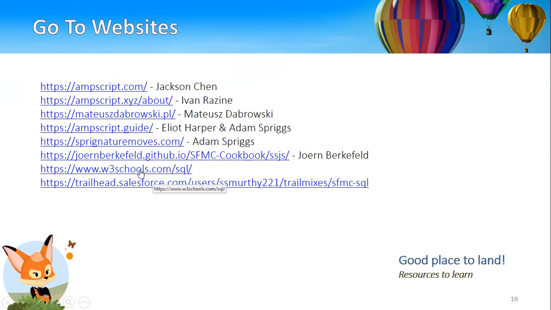And as I told, to learn SQL from basics, the first spot to begin with is W3Schools. And for the entire development related topics, this is one place, that is Trailhead SFMC SQL. This particular trail mix has been created by one of our fellow Trailblazers.